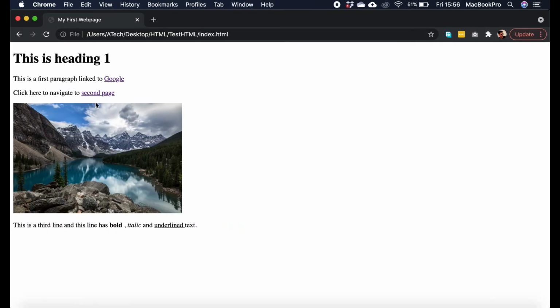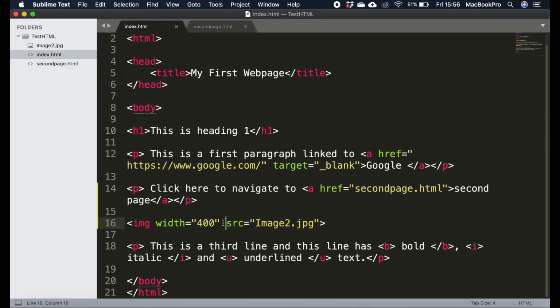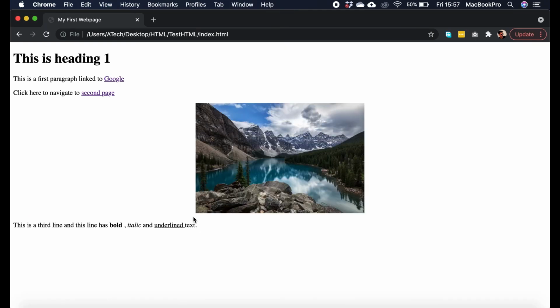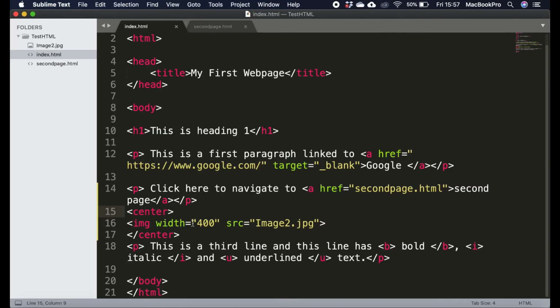So now I'm going to center the image. If you want to center the image in HTML, you don't have any proper attributes to center the image. You have an HTML tag called center, so you can center the image using that tag. So I have to close that. Okay, now you can see that only the image has got centered because I have added the center tag only